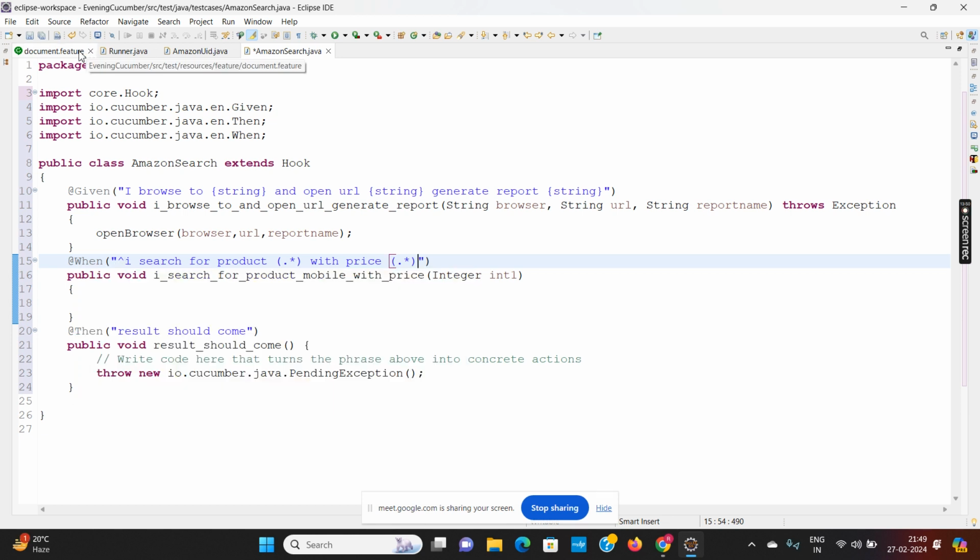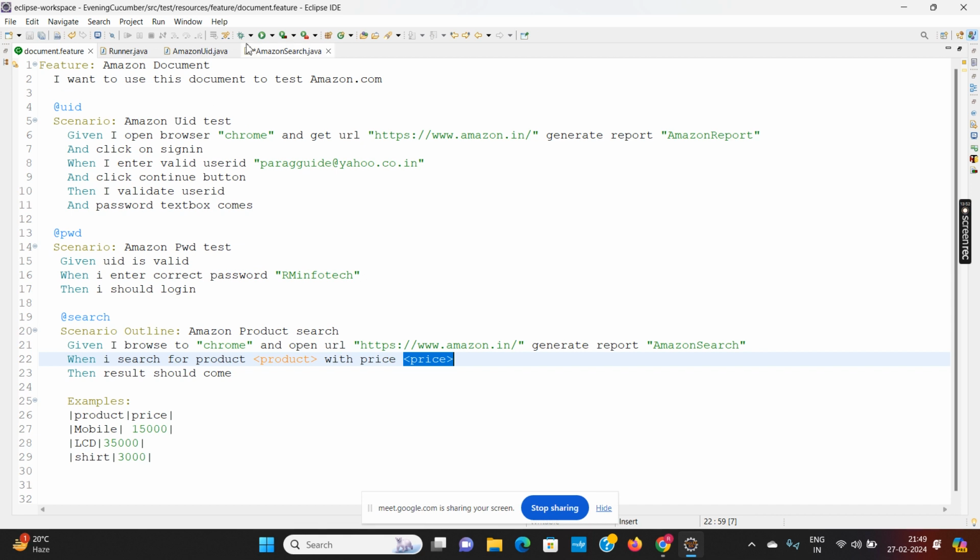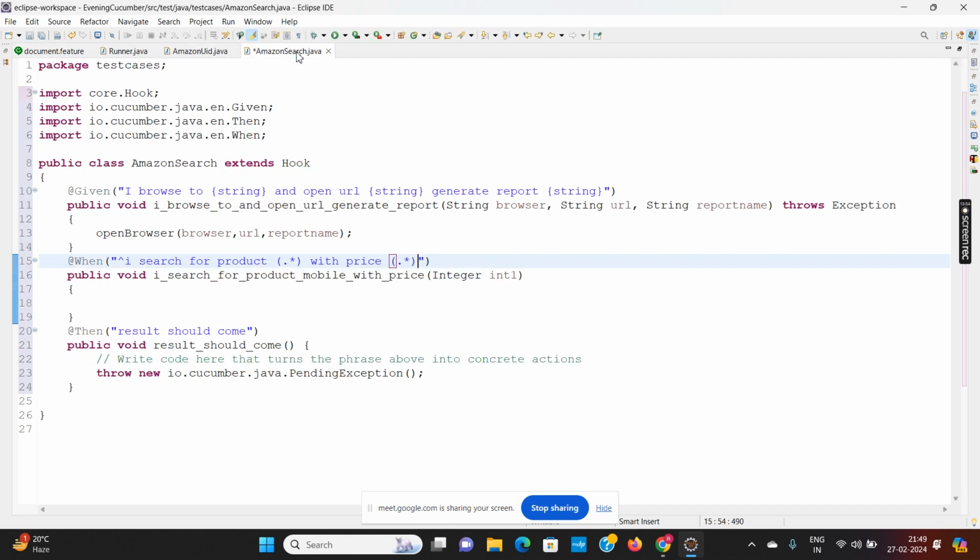When you want to pass multiple data from the feature file, these are the changes you have to do in @When: you have to start with the anchor tag, and then where you want to get the multiple data, you have to write dot star. Then again in your method name, public void I search for product mobile.